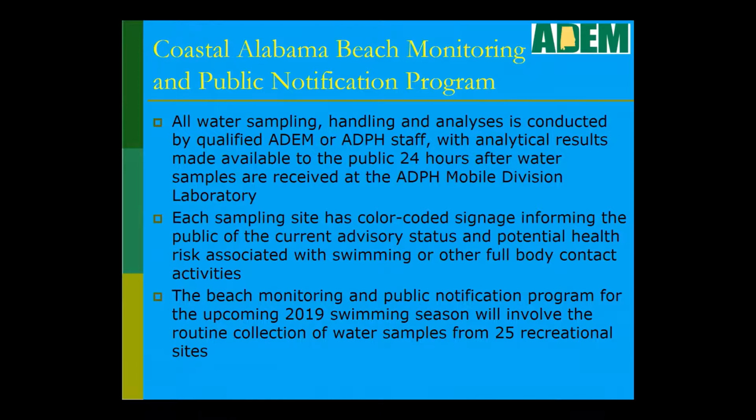Each sampling site has color-coded signage: red, green, and yellow. The sampling is done where if we collect a sample on Monday and it's good, less than 104, the sign stays green. We collect that same sample and if it's above 104,